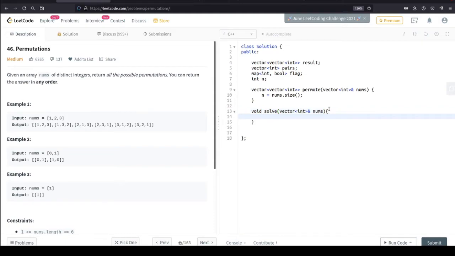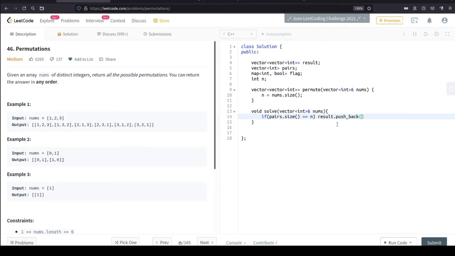So in the tree diagram we have seen, if the pair size is equal to n, if the pair size is equal to 3, then we were supposed to put it in our result. So if the pair's size is equal to n, then we will push the pair into our result.